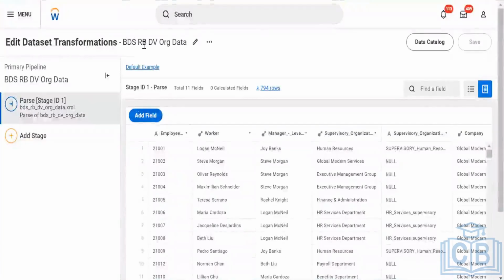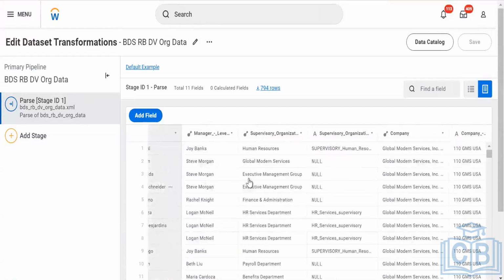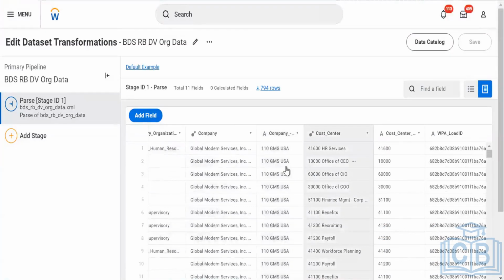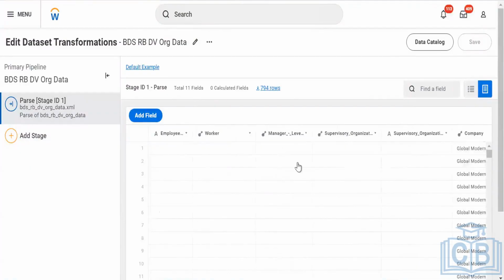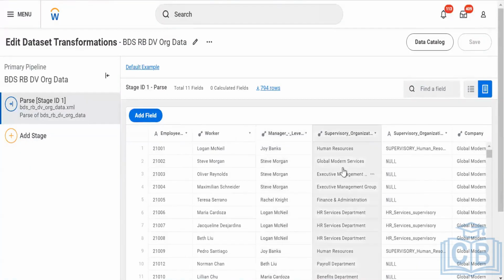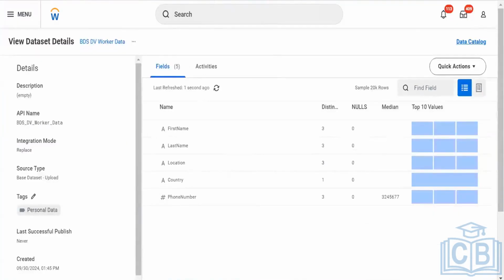In this BDS org data set, the employee and worker will be there, but the remaining data will be related to the organization: supervisory organization, then company. I think company ID and cost center, all this company and organization related data is there, because company also falls under a type of organization. This data set, as it denotes, is condensed org data, and here the DV worker data